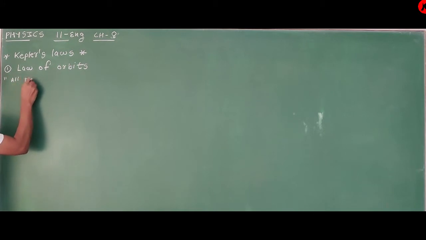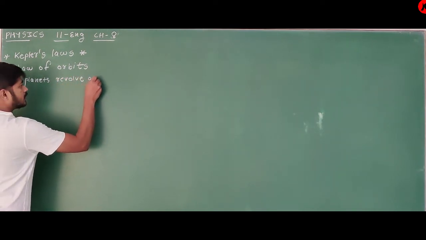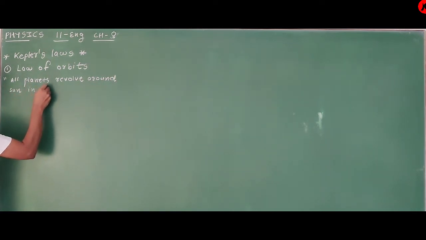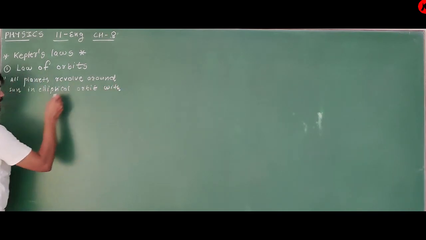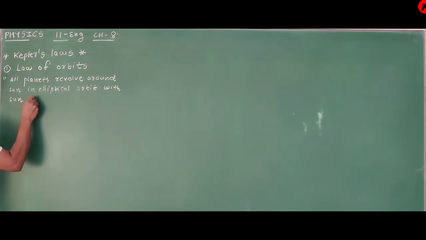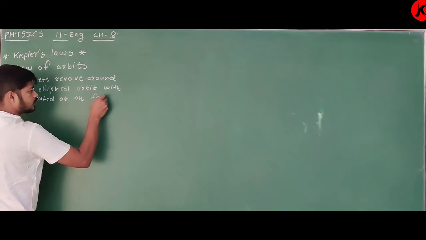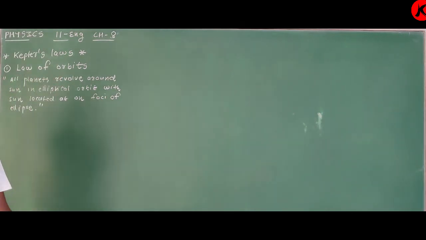All planets revolve around the Sun in elliptical orbit, with the Sun located at one of the foci of the ellipse. And I think we have discussed this first law of Kepler, that is the law of